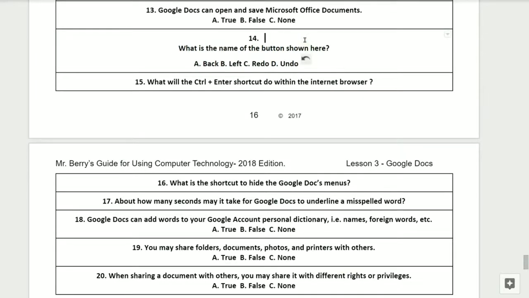What is the name of the button shown here? Is it A, the back, B, the left, C, the redo, or D, the undo? Question number 15. What will the Control Enter shortcut do within the Internet browser?